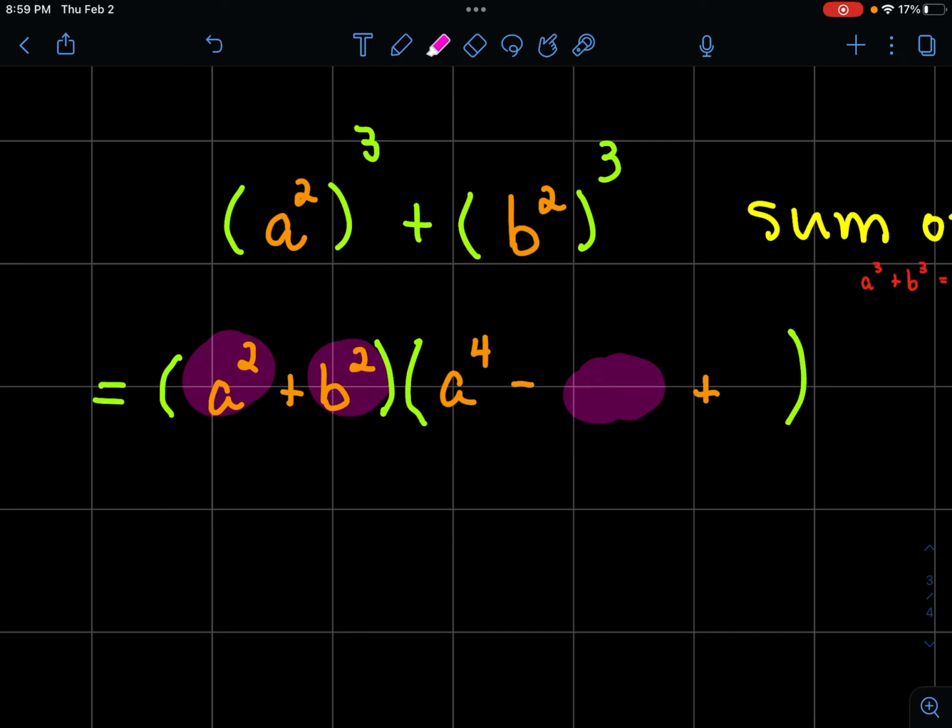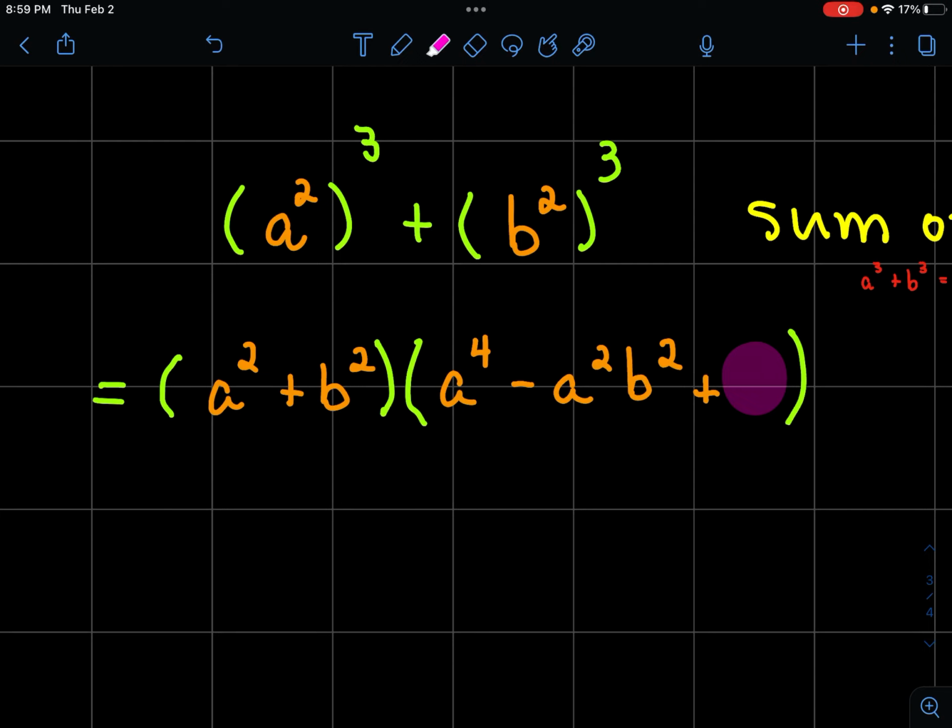In the middle, we multiply our terms together. A squared times b squared. Since our variables are different letters, we cannot add the exponents. So it's just going to be a squared times b squared. And then finally, whatever goes here will be the square of this term. B squared squared, multiply the exponents, which gives you b to the 4th. So this one didn't take near as long to factor out. And there you have it. That's how you can